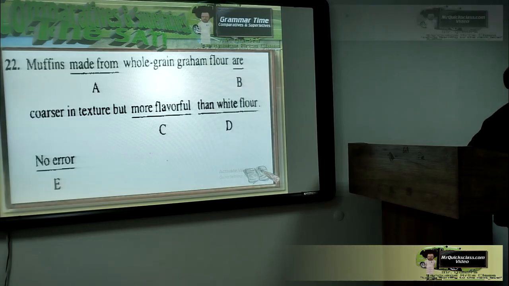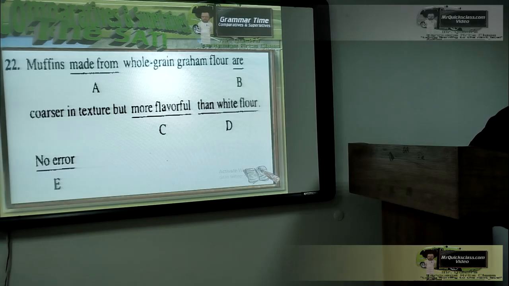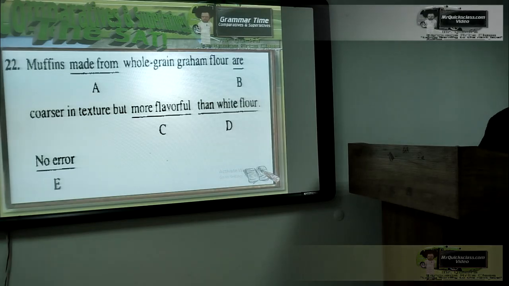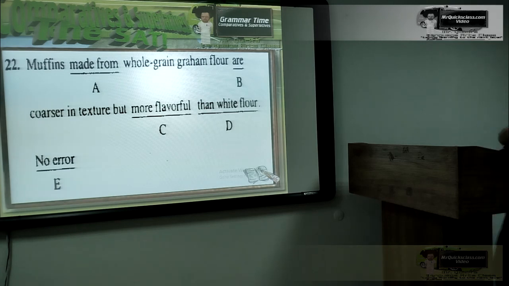Ma'am, based on your knowledge of comparatives and superlatives, is the sentence correct? Yes, you, not me. Yes, what? It's correct. Excellent. No error. Everyone agrees. Raise your hand if you disagree. Yes. You disagree? What do you think? I think muffin are